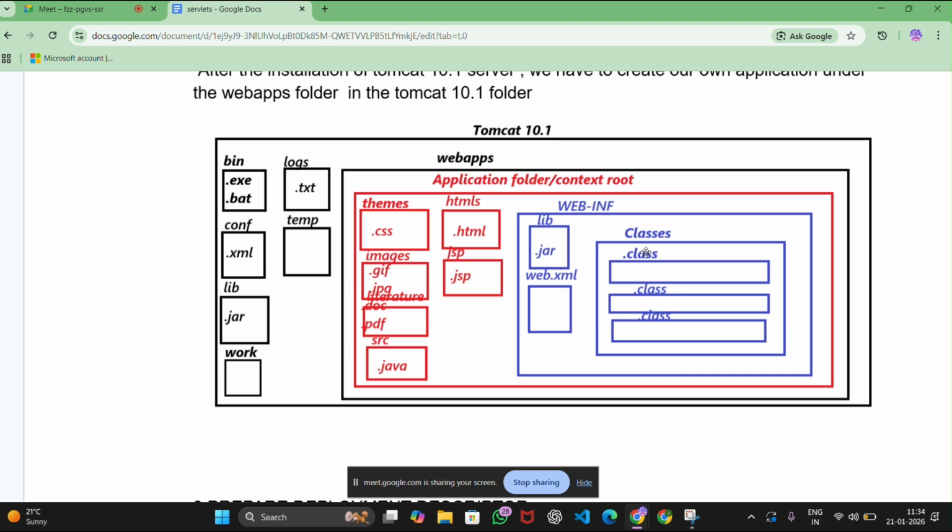Now tell me, if you are saving that JSP file under the web apps folder, you can access it directly. But if you are saving that file inside the WEB-INF folder or inside the classes folder, then definitely you should create